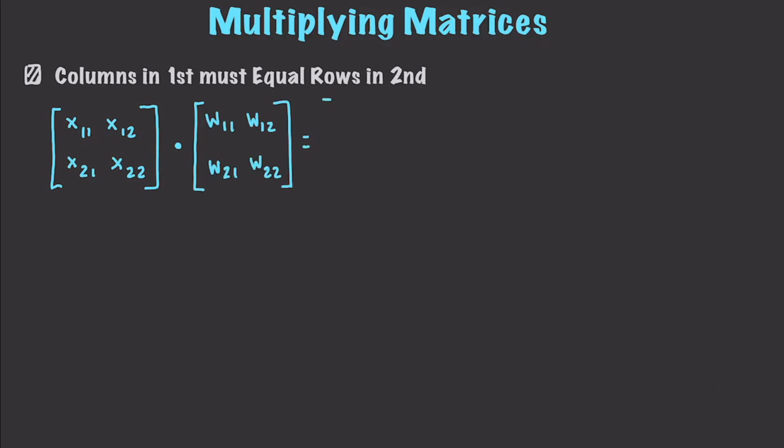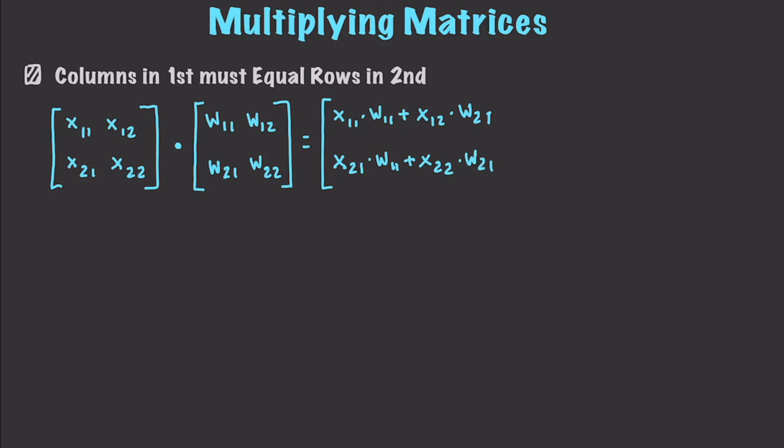The way this is going to be solved is you're going to take x11 times w11 and add it to x12 times w21, and then underneath you'll have x21 times, again, w11 plus x22 times